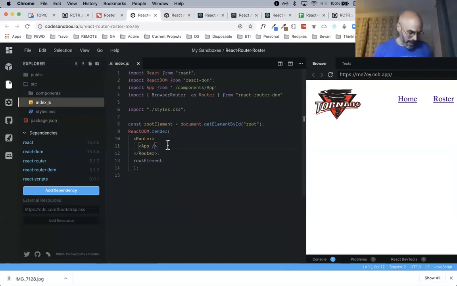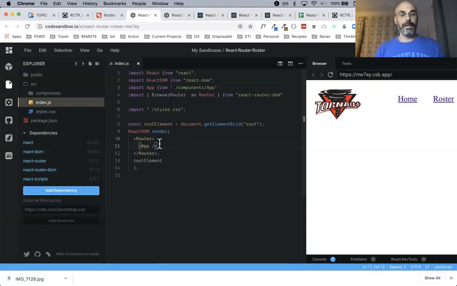By doing this, App now has access to specific routing information. React Router is now watching App and all its child components for any sort of routing triggers. If it gets any routing triggers, it will allow React Router to manage those triggering mechanisms.